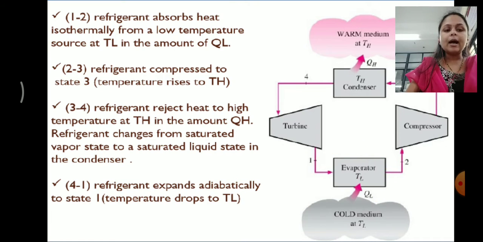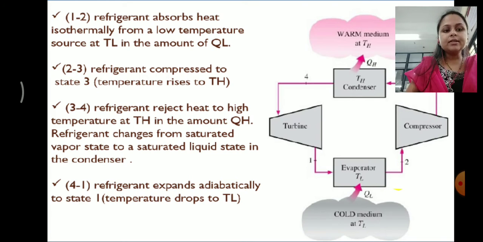Refrigerant absorbs the heat isothermally from a lower temperature source, that is TL, in the amount of QL, which is shown in this diagram. You can see heat is absorbed by the refrigerant from the surrounding in the form of QL, and here the cold medium temperature is shown as TL. From the evaporator,